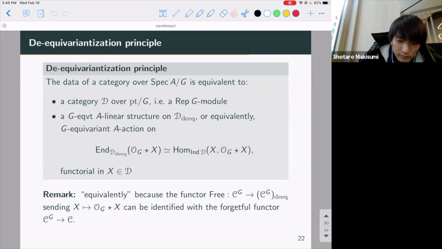Sorry, what's in D? Maybe I missed it. Oh yeah, sorry. So in D is the, in the objects of D, right? So yeah, I should have said. In this principle, I'm no longer requiring that D has arbitrary colimits or something. So this object O(G) is, in general, a really big thing, and so this object really only exists as an ind-object of D.